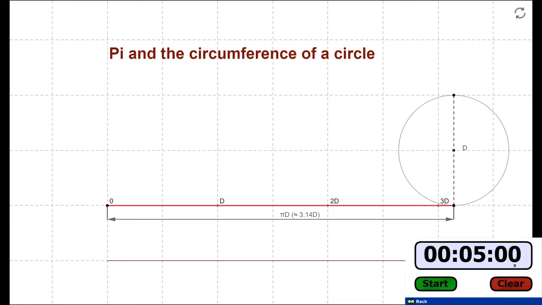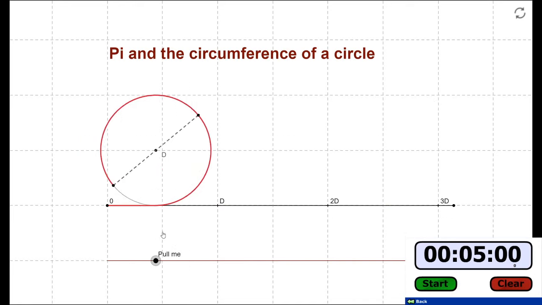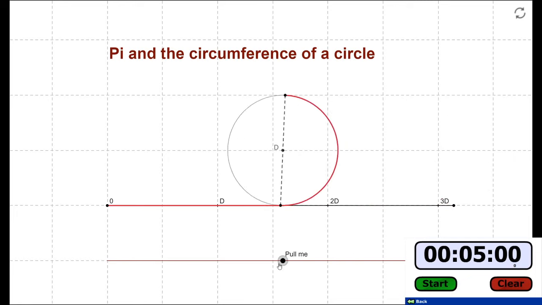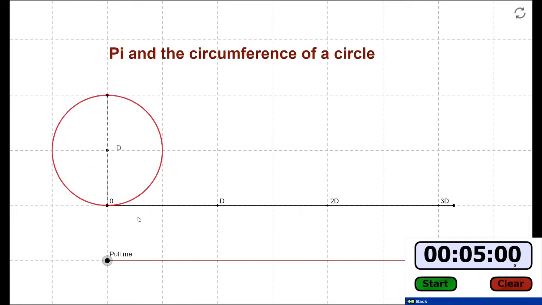So what this means is that pi tells us how many times the diameter fits into the distance going around our circle, the circumference. Okay? But pi also gets used for lots of things to do with circles. Okay? Because of this link. And we're going to look at, for the rest of this video, how we can find the area of a circle